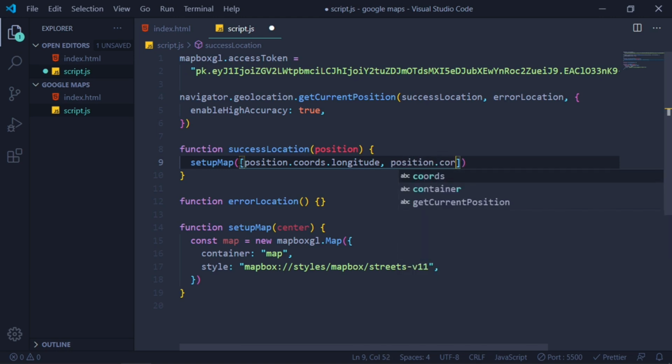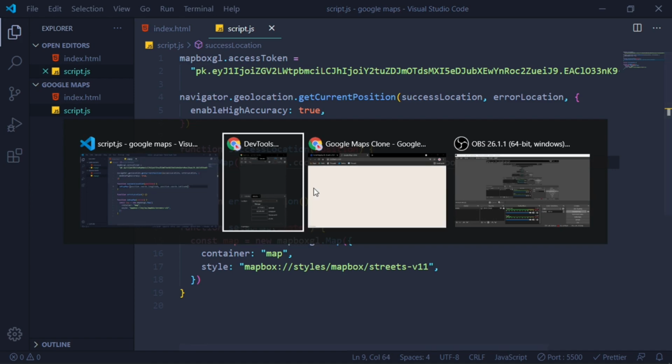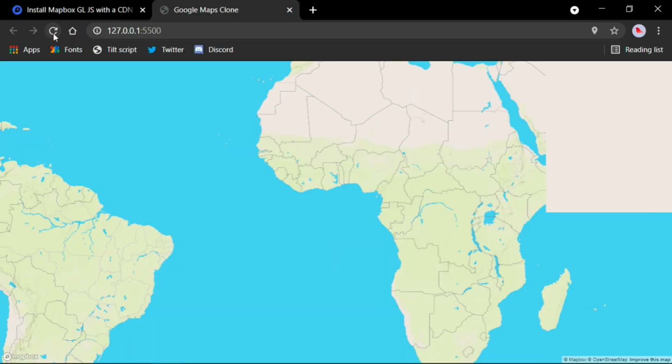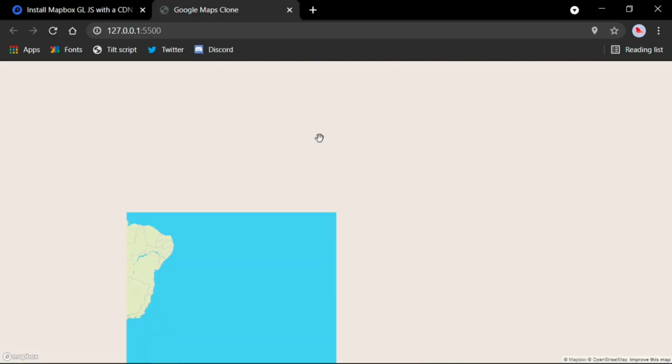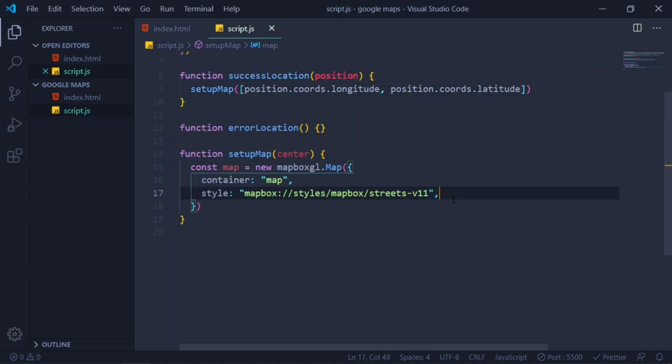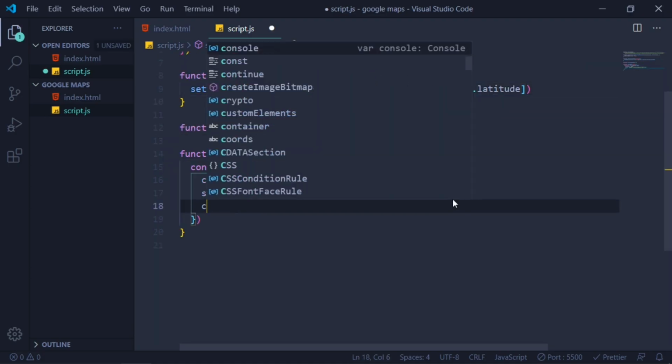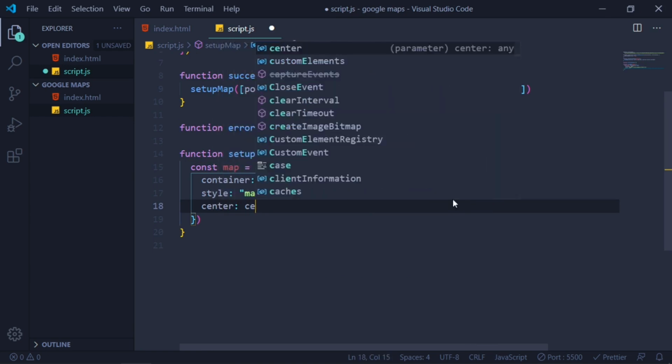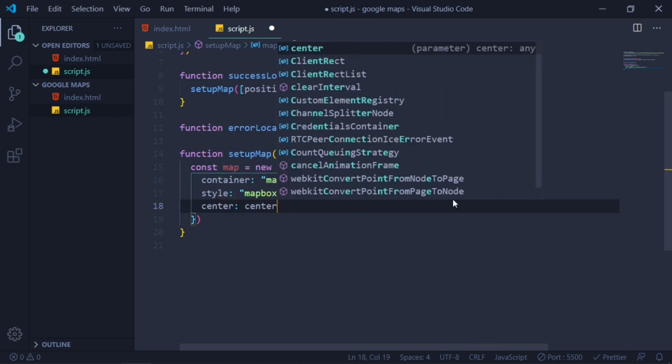Position.coords.latitude. So if you come here, let's refresh this and also add the center to our center.